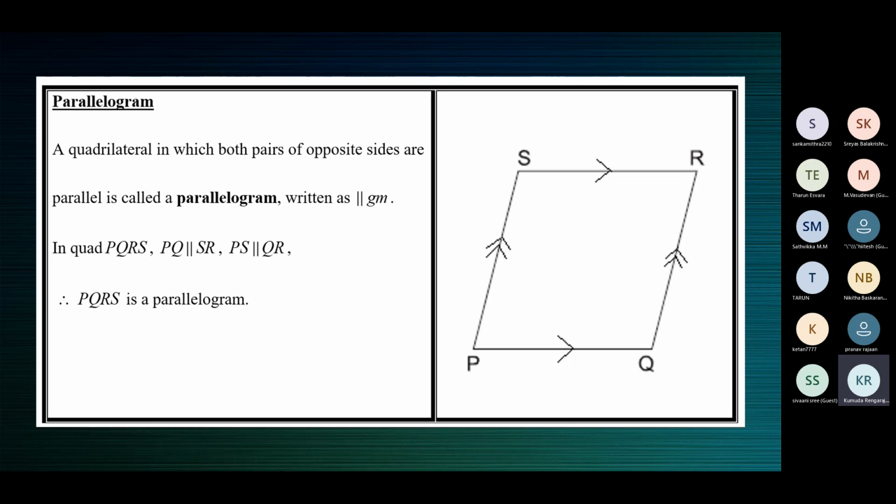Like now here we see a parallelogram PQRS. Diagonal PR does not bisect angle P or angle R. On your screen you can see the parallelogram PQRS. Now just imagine the diagonal PR. The diagonal PR will not bisect angle P, will not bisect angle R. If it bisects, then it's a rhombus. In a parallelogram, when both the diagonals bisect the corner angles, then it's a rhombus.